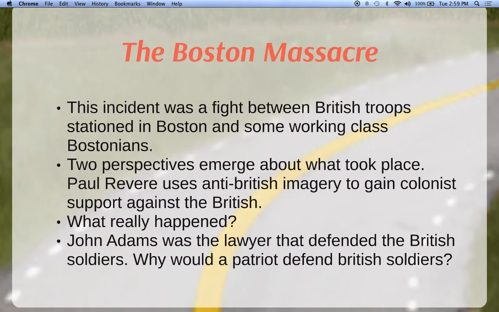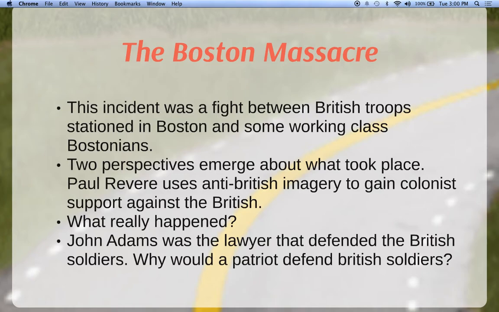We've got the Boston Massacre, an incident between some angry people living in Boston and British troops that were stationed there. Ultimately, this turns into a riot. Four Bostonians, people that lived in Boston, were killed. But what we see is, well, what really happened? Paul Revere saw this as an opportunity to whip up some anti-British sentiment, which basically means to get everybody against Great Britain. But there's some other perspectives, and we got to try to figure out what really happened at the